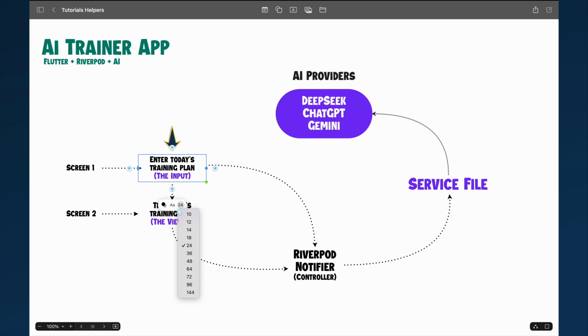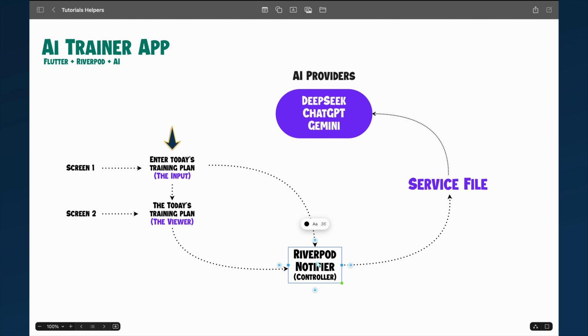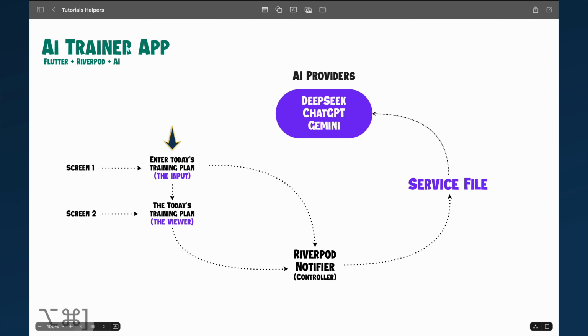So we'll have two screens. The first screen is going to be the input screen where we enter the exercise that we want to do today. The second screen is where we view the exercises like we just saw. Now these two are going to call the Riverpod notifier, as we are going to use Riverpod for our state management. If you're not familiar with Riverpod, please check out my other tutorial where I described how Riverpod works. I'll also link it in my description box below. Anyways, let's go back to this AI Trainer app, and then this Riverpod notifier is going to call the service file,